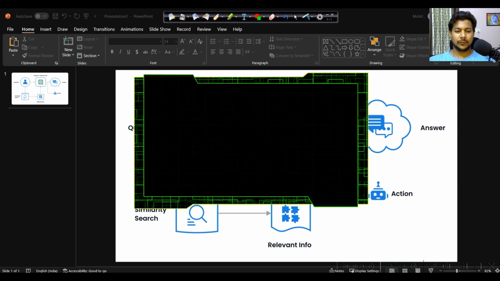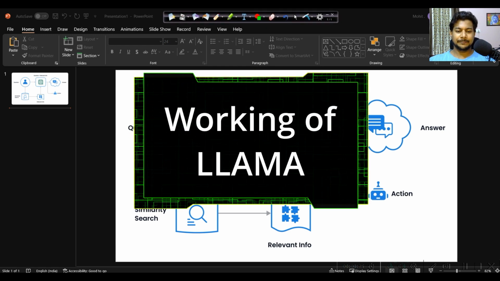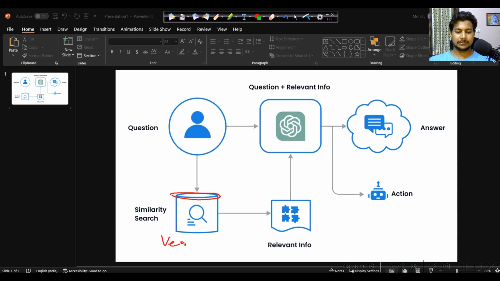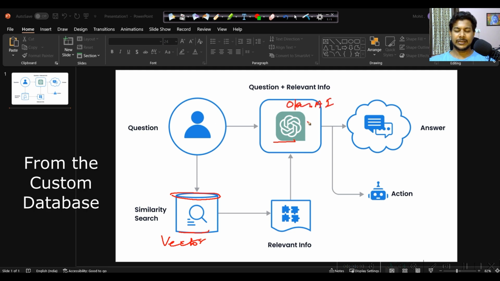So first of all, we create the vector database. So this is the vector database. First we create that vector database, and this is OpenAI, you can say this is the LLM, the OpenAI LLM. Consider we have a large amount of data, a number of PDF files, and we have already converted those PDF files